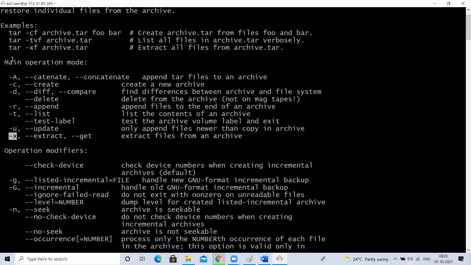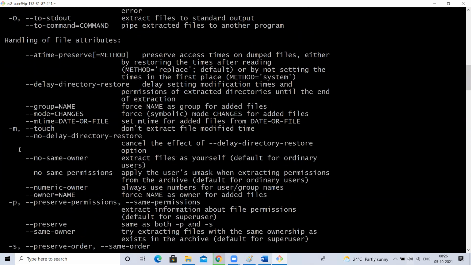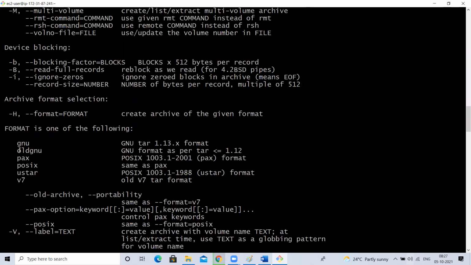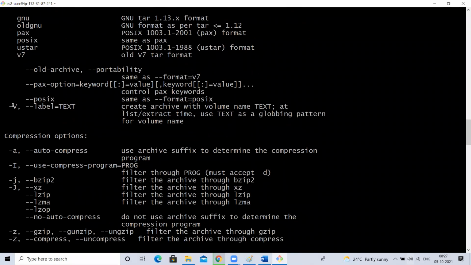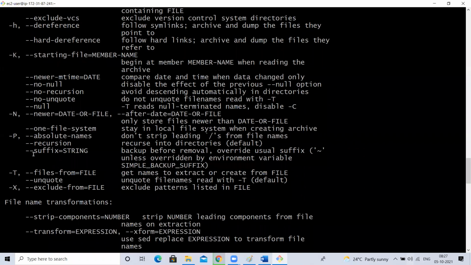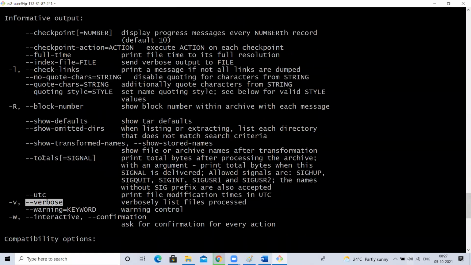Let me show you. Are you able to see? V means verbose, this is capital V, small v will be there. See, V means verbose.